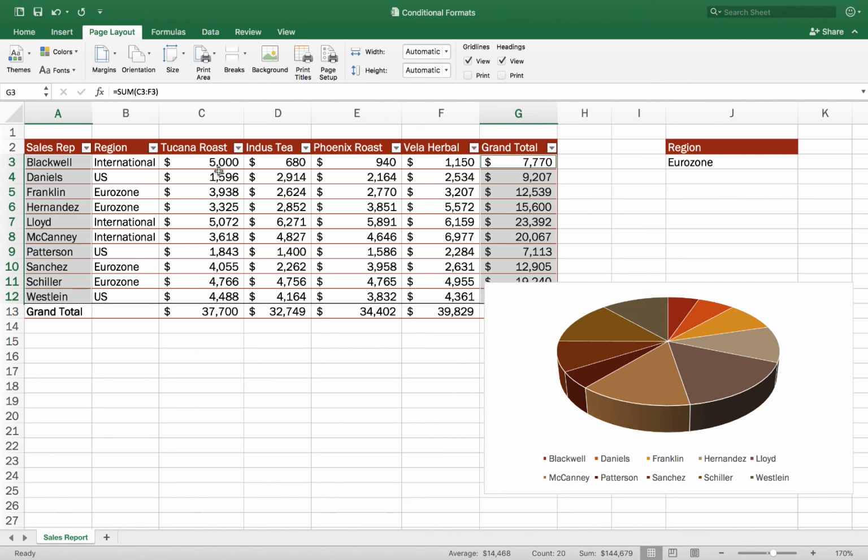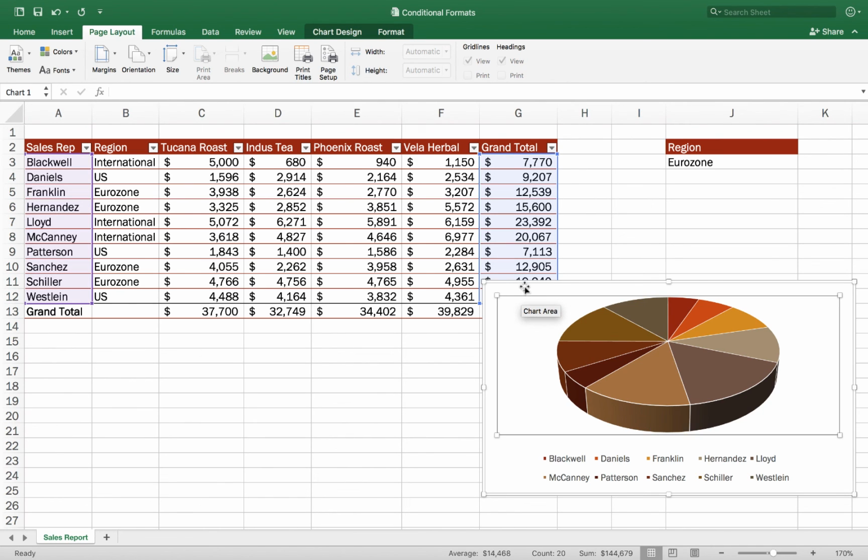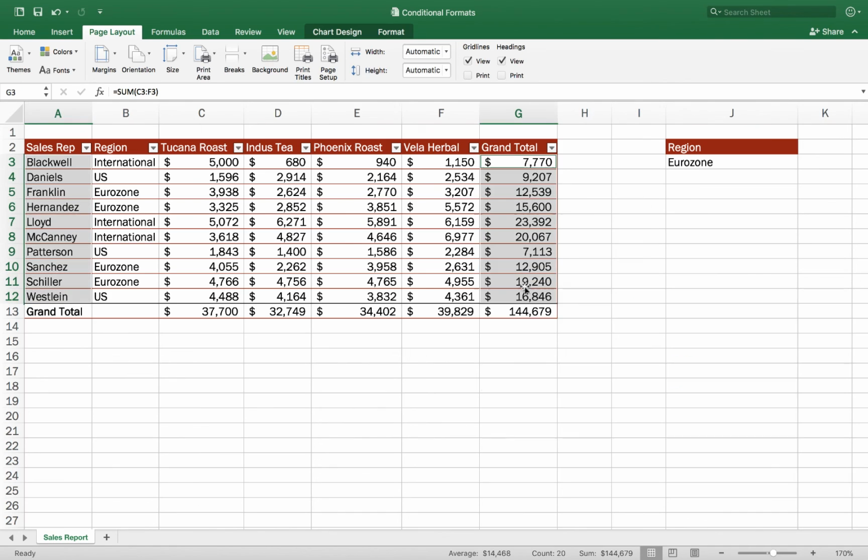For the moment I'm going to get rid of this pie chart here to clean things up a little bit. I'll just delete that. And for the last piece, I want to show you how we can write a function.